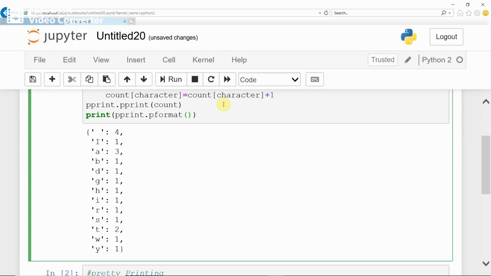For example, if you want to print the count dictionary in a formatted way, you can use pprint dot pformat as the argument of the print method.